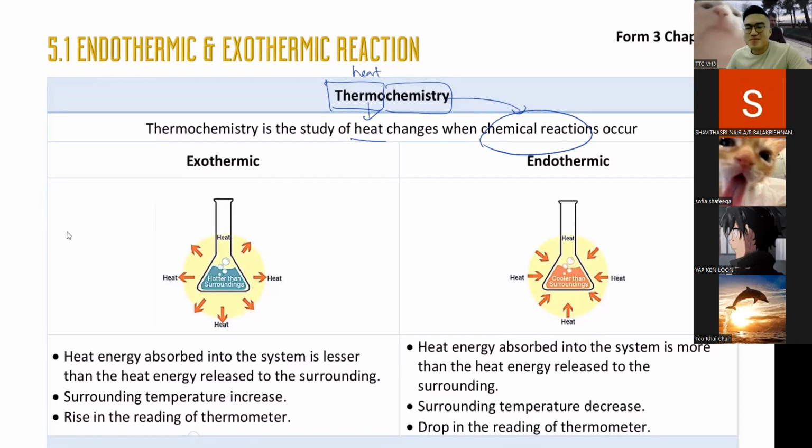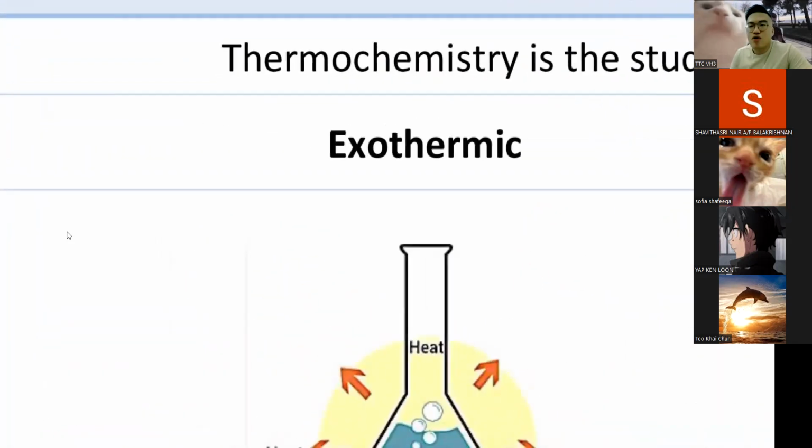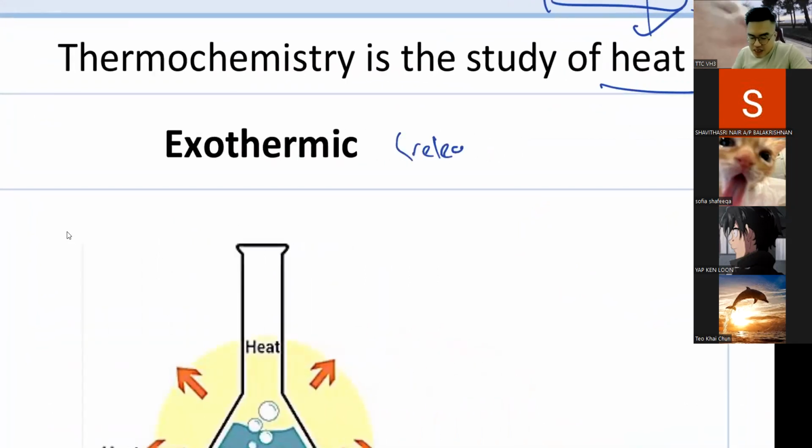Don't run around. Okay, so you see, all these chemical reactions have heat change, right? Some reactions release heat to the surrounding. Some reactions absorb heat from the surrounding. So some they absorb, some they release. So we just generally split them into two types. The first type of reaction, we call it exothermic reaction. Exothermic reaction means they release heat to the surrounding. Membebaskan. Why exo? Because the word exo means